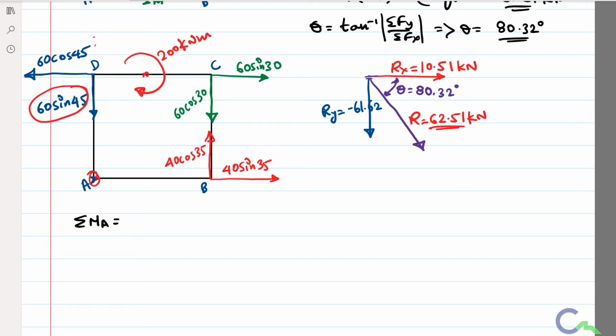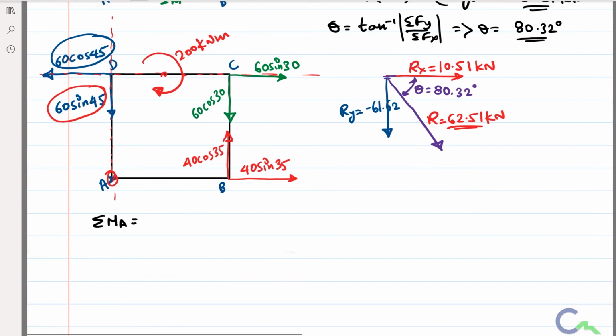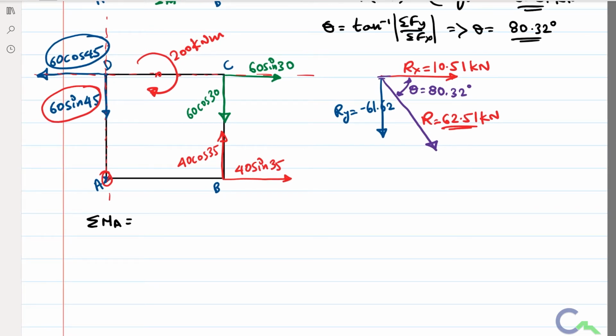If I shift that force along its line of action, it is passing through A. That means it is not going to generate any moment or rotate about point A in any direction. Now secondly, I am going to consider this force. If I shift that force along its line of action, it is not passing through A. That means it is going to rotate about point A. So if you want to find the direction, initially for this force the moment is 0.